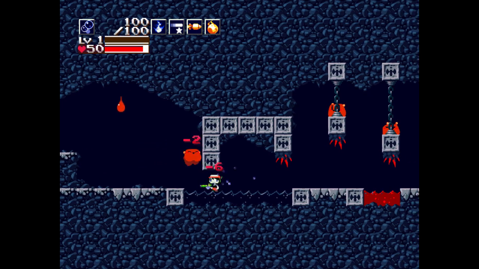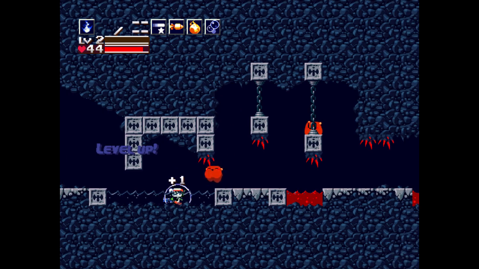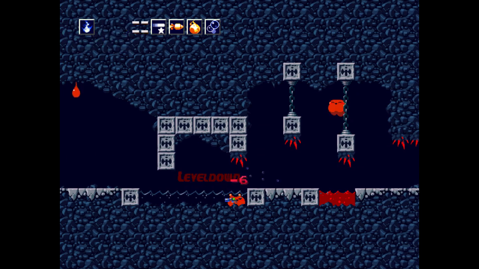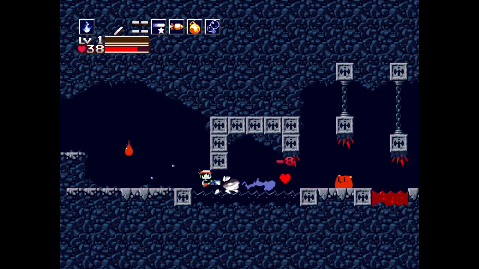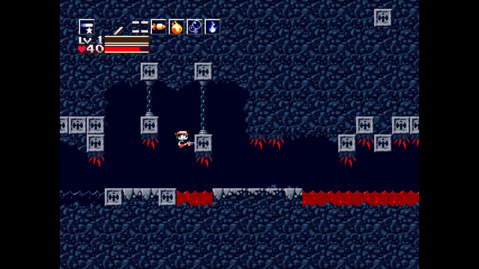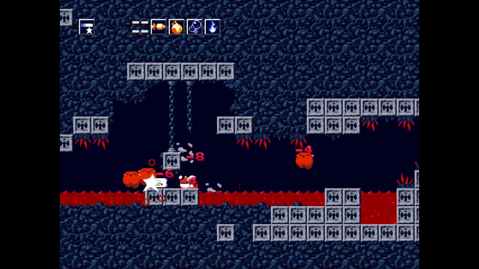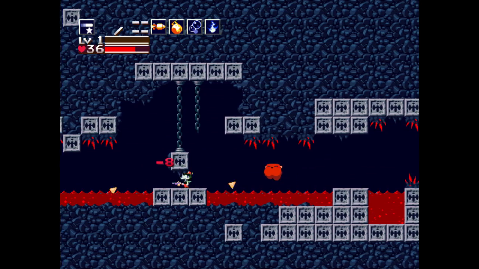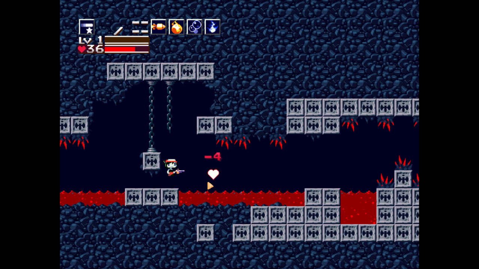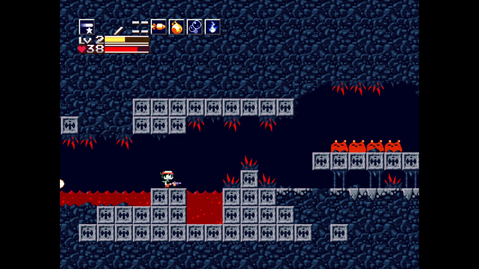And my Bubbler is basically useless. This, however, is not, except when I level up, because that's actually the one thing I don't want to do. The Spur, yeah, I can see why people were like, you want the Spur, because I clearly am going to want it for this. So this is going to be a testament of just taking as little damage as possible. I'm not even going to worry about the other weapons right now, because unless I have a situation where it's really convenient, it does not seem...